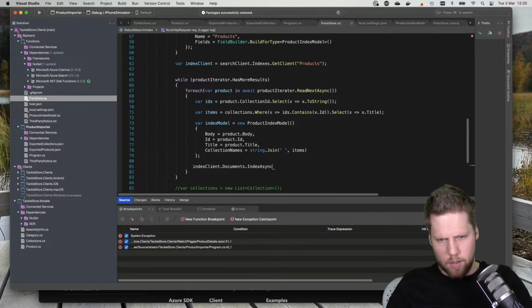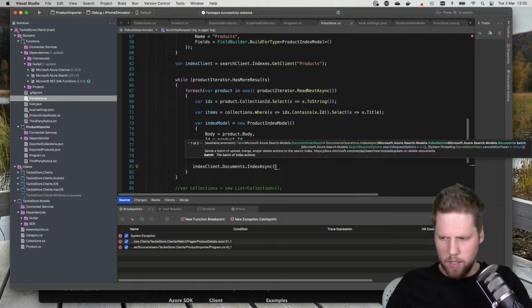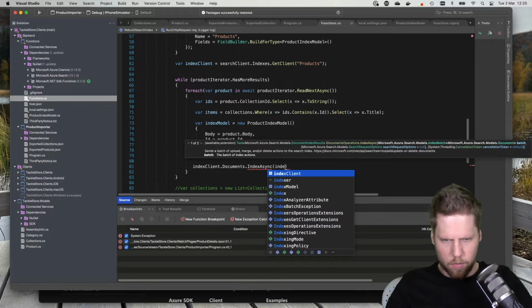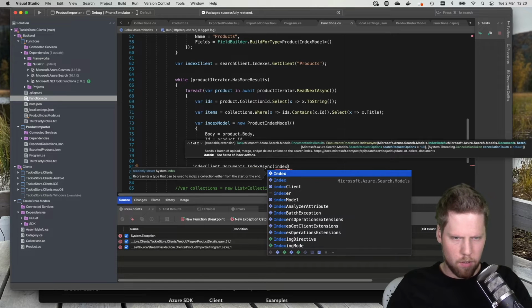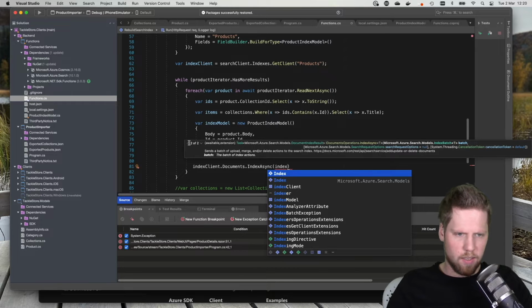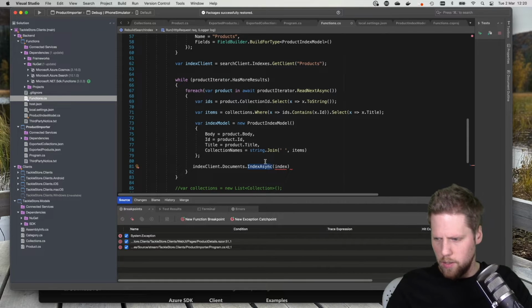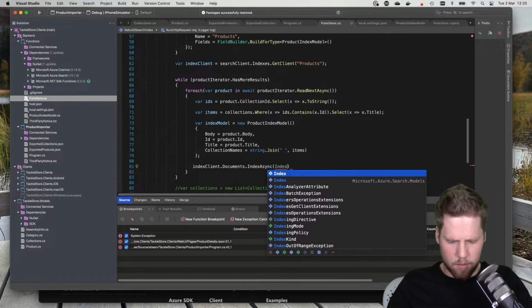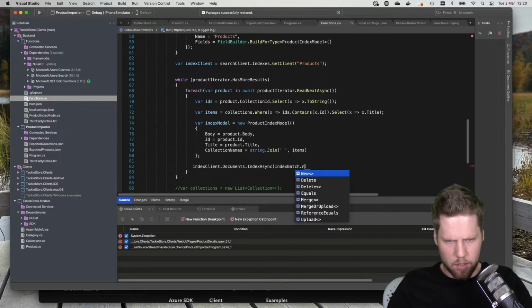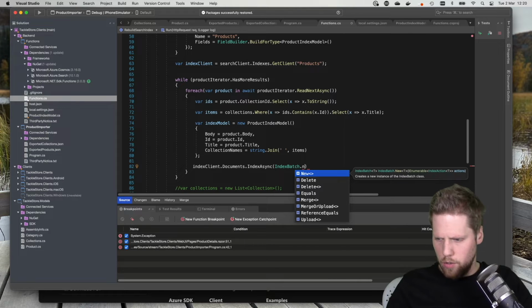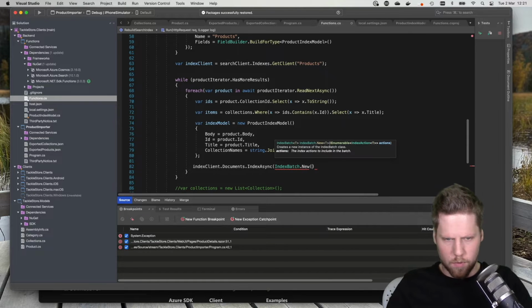I can do an async call to that, and then we can just specify our index model. Let's see. Okay, they want the index batch. So let's create an index batch. Index batch new. Then we have,